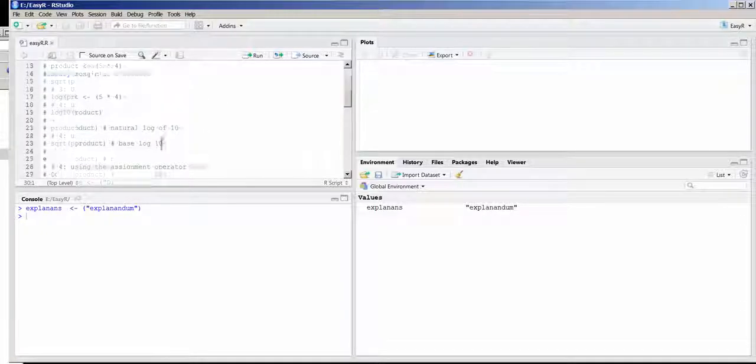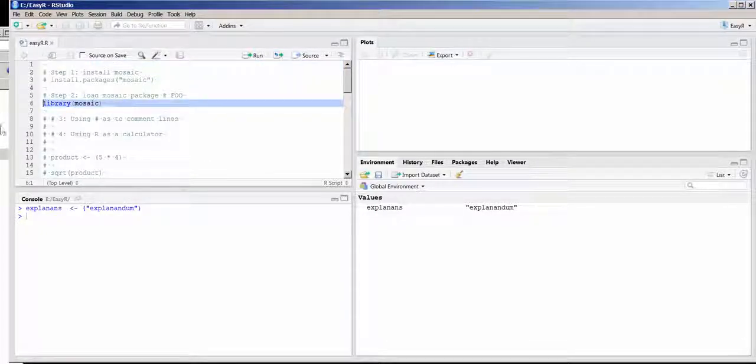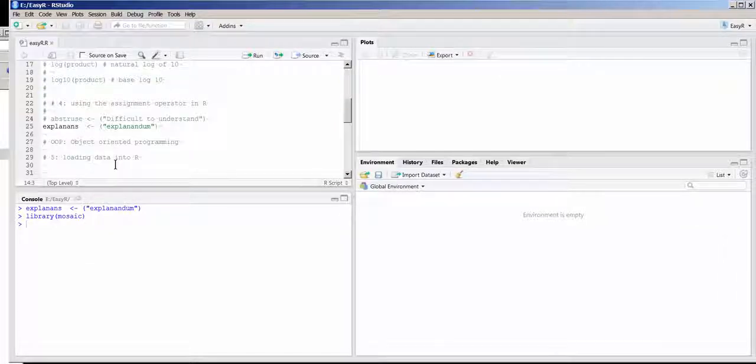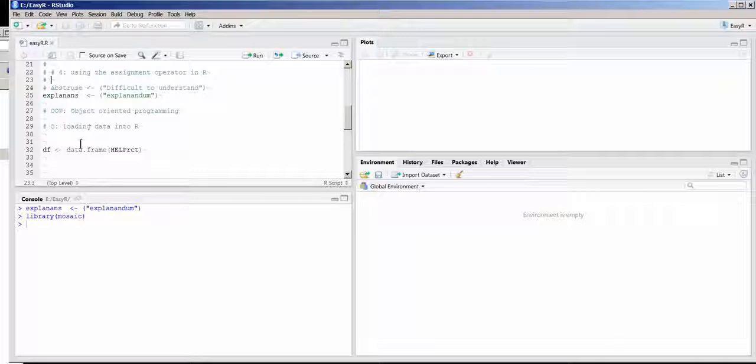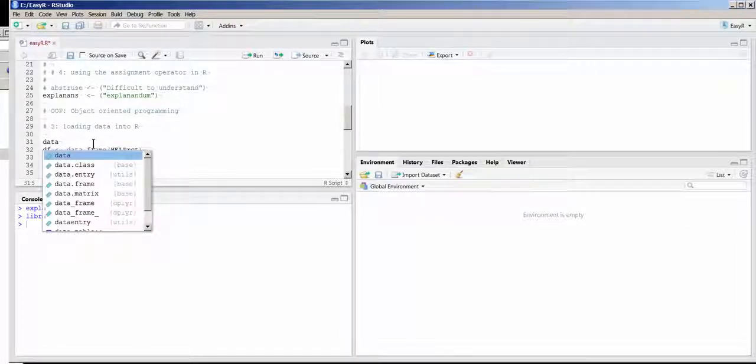Now remember, I had commented out some earlier script because we always want to load our package, and we see that we have our Mosaic package here. I'm going to remove these objects here. And within the Mosaic package, we actually have some data sets available, and I'm going to show that to you. Today our main goal in the next minute or two is how to load one of the principal data sets used in the Mosaic project, which is this HELPrct, and we'll talk a little bit about that. But the point is that a lot of packages have with them data that are installed,